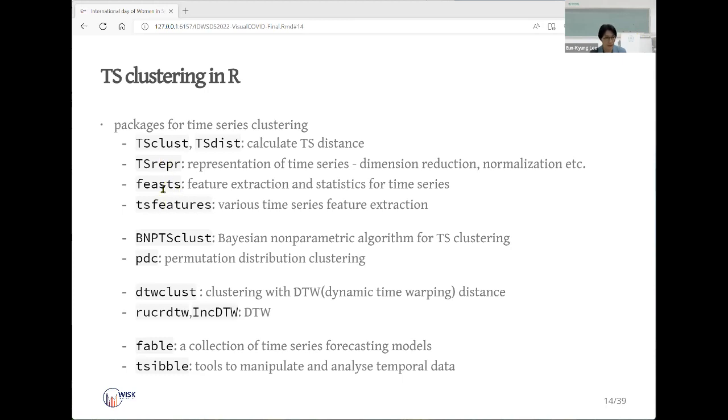And FIST and TSfeatures are for feature extraction, BNPTSclust is a Bayesian nonparametric algorithm for time series clustering, PDC is for the permutation distribution, and dtwclust uses dynamic time warping distance for clustering. This one is also for dynamic time warping distance, fable is a collection of time series forecasting models, and tsibble is tools to manipulate and analyze temporal data.